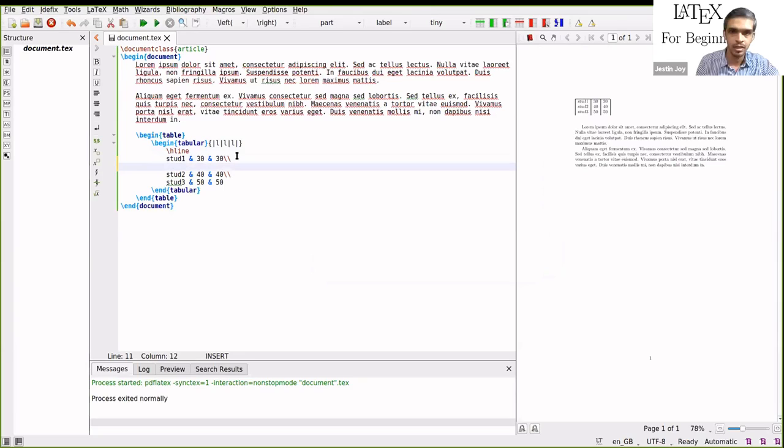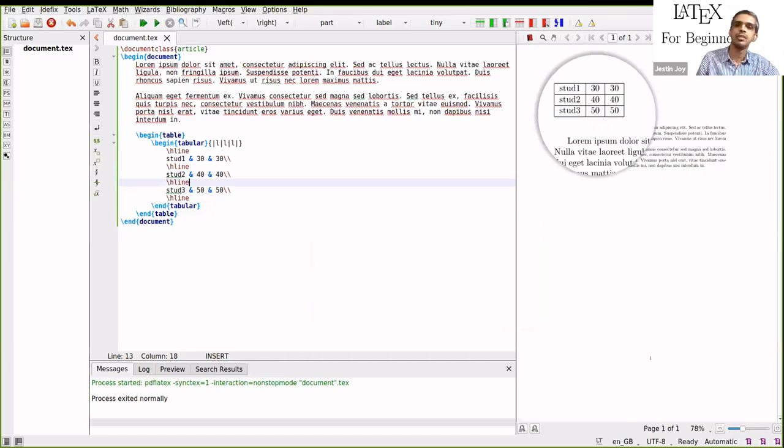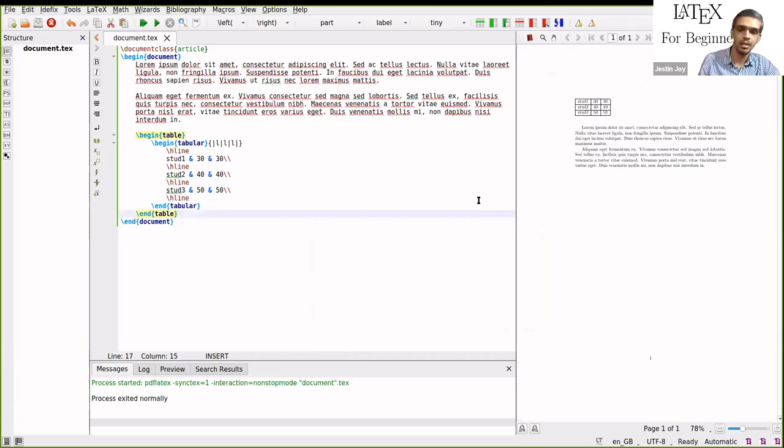First line, I need to put another next line, then you can see that it will be there. Then the next line, you can see that it is placed. After this new line, I can put an hline also there. Likewise, you can see the table. It is too difficult to create just a simple table like